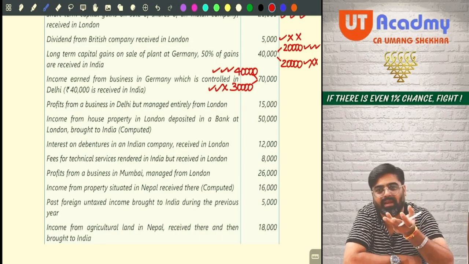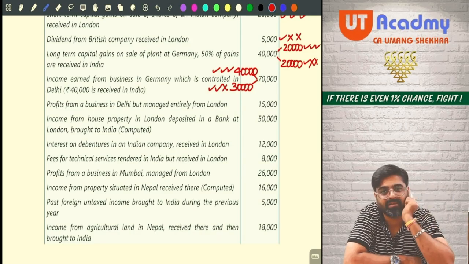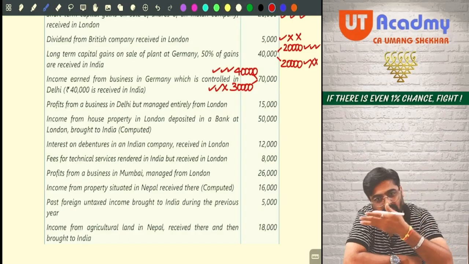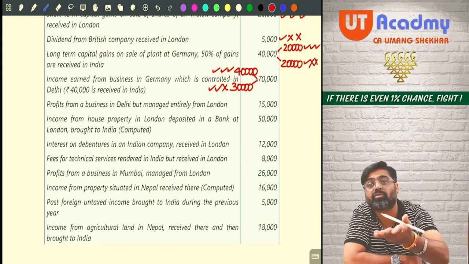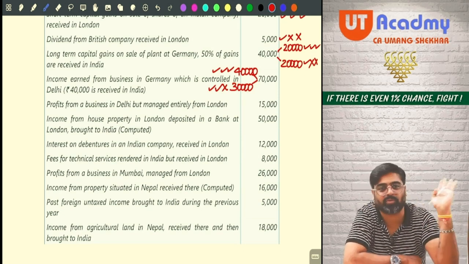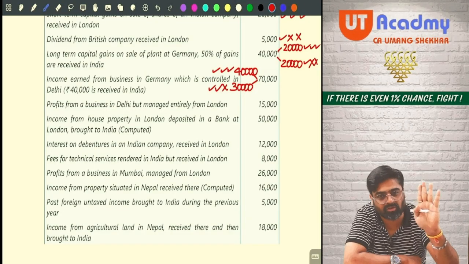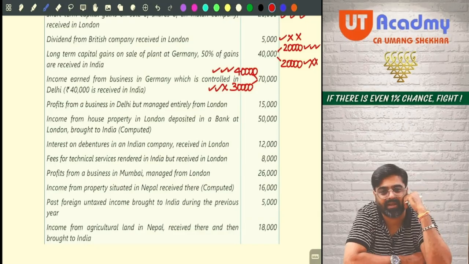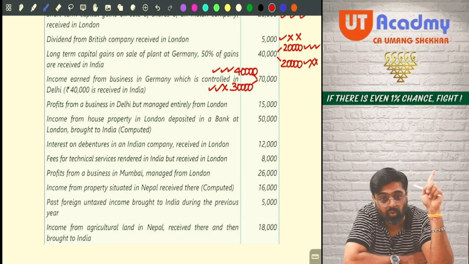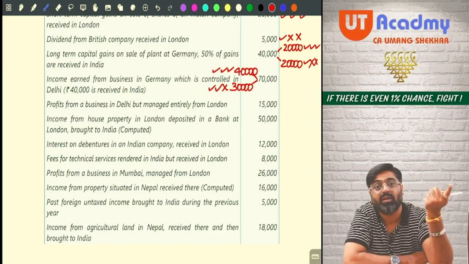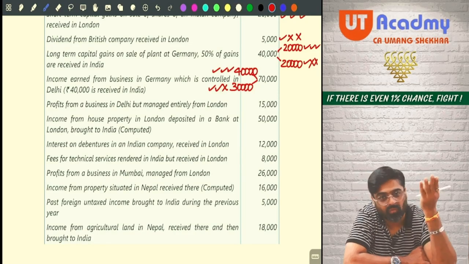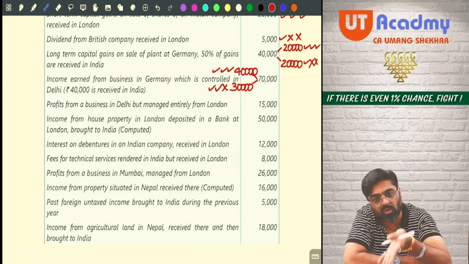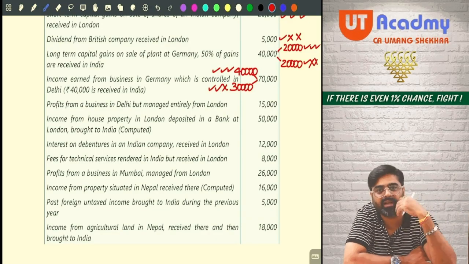Now what difference will it make from where the business is getting managed? If the income would have been received outside India also, then also there is no difference because the income gets accrued in India. It becomes Indian income, has to be taxed for all. You are not supposed to see from where this business is getting managed. If the business would have been outside India, then check from where the business is getting managed. Yes or no? But if the business is in India, whatever income that business will give you accrues from India only, no? So that is your Indian income.